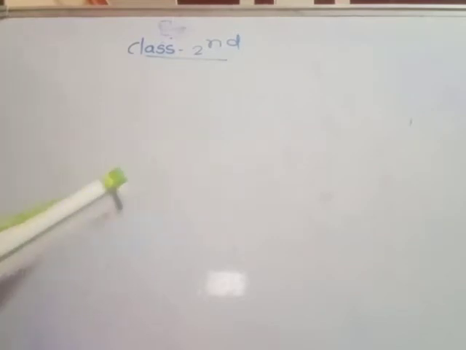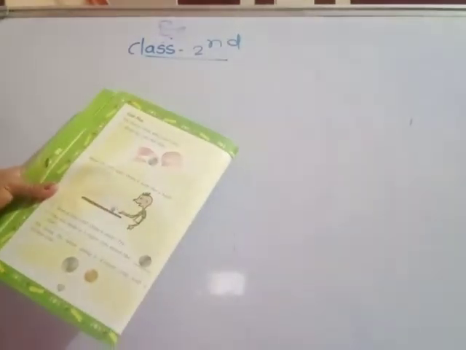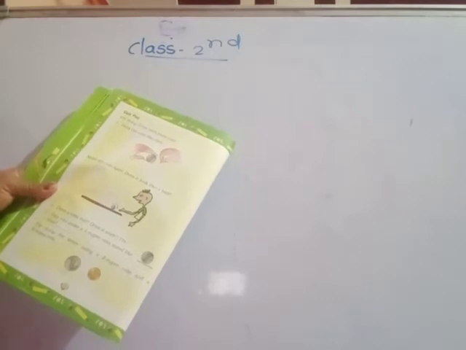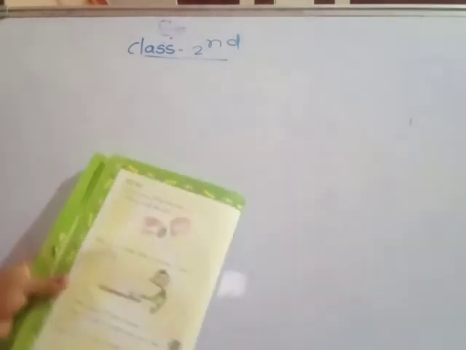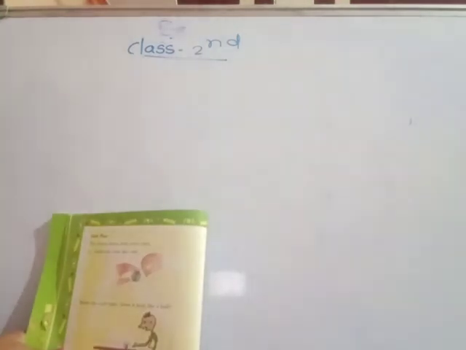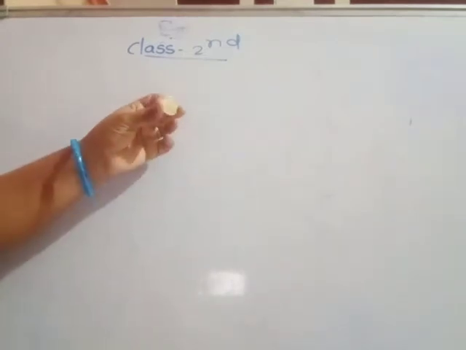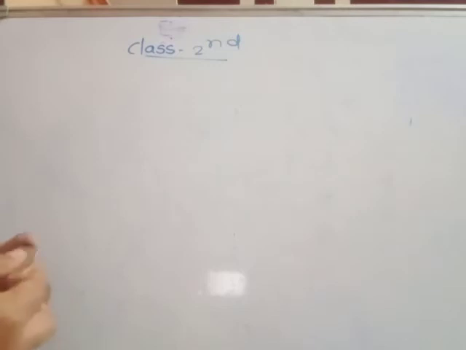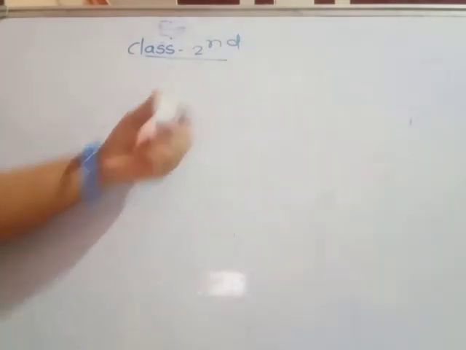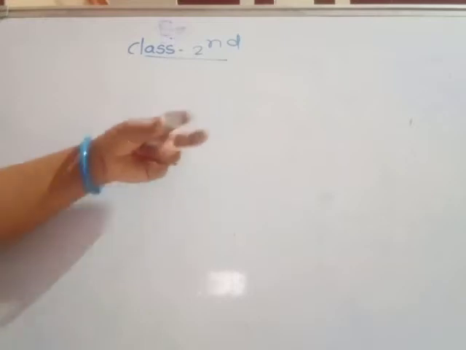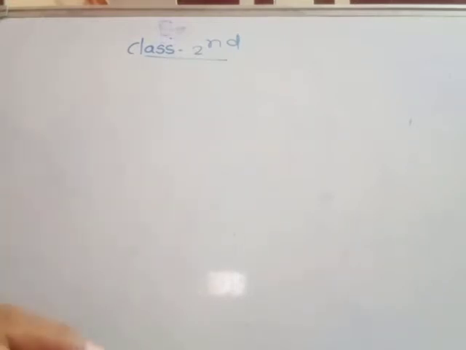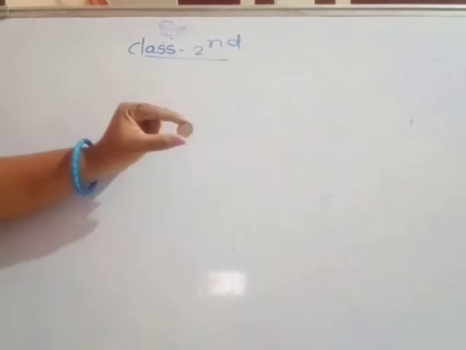In this first chapter, one point remains. See here, coin play. Try doing this with your coin. Hold the coin like this. See the coins. It is a 5 rupee coin, 2 rupee coin, and 1 rupee coin. Hold the coin like this, this 1 rupee coin. Then hold the coin like this.